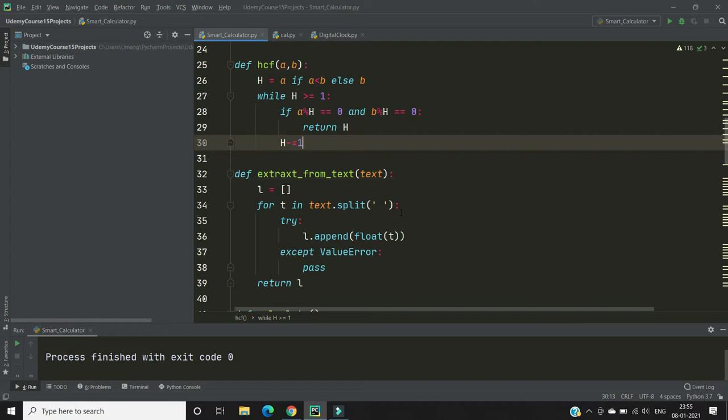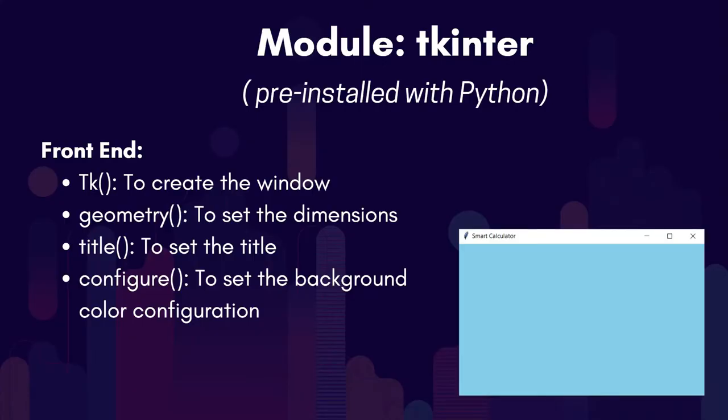And now let's see the necessary modules and what's going to be the approach to make the smart calculator. Since this is going to be a GUI application, we are going to use the tkinter module for this. I hope at this point, after completing 14 projects, you have a good idea about the working of the tkinter module. So firstly, we will make the front end of our smart calculator using methods from this module.